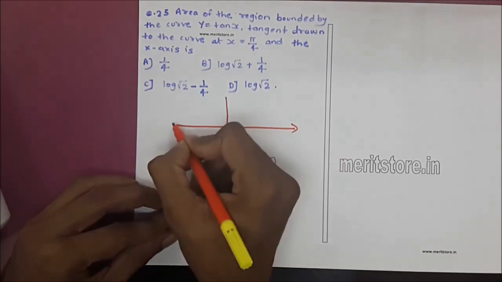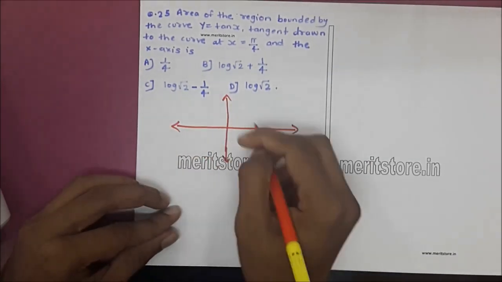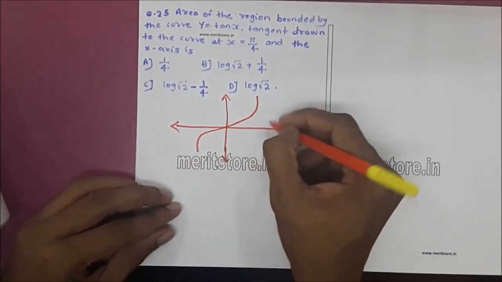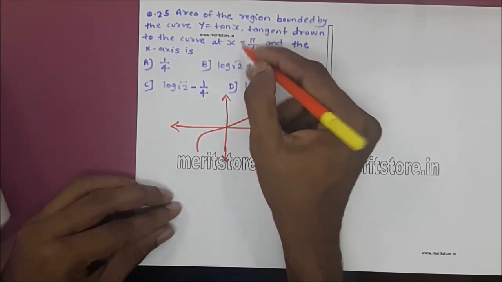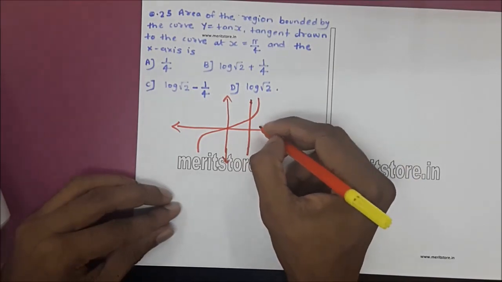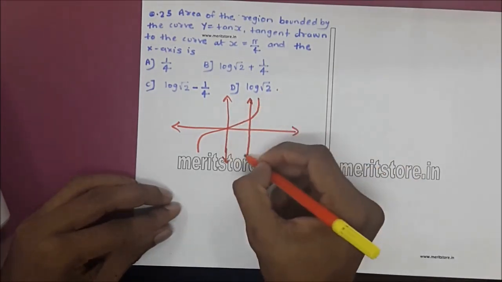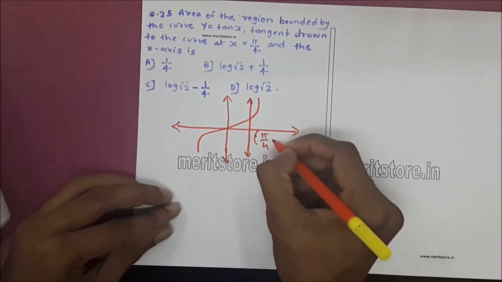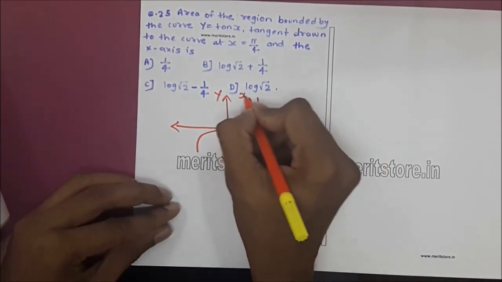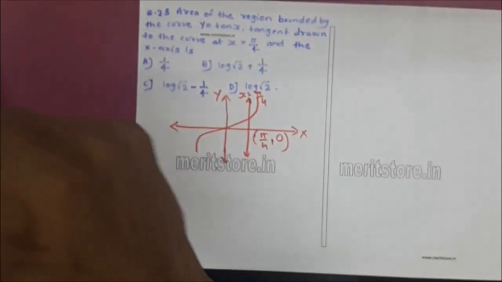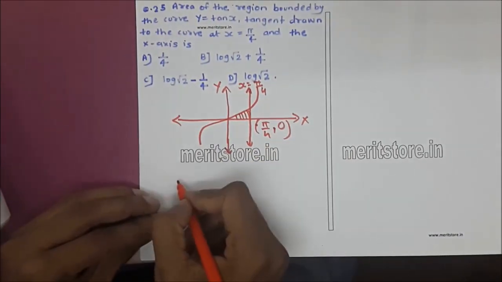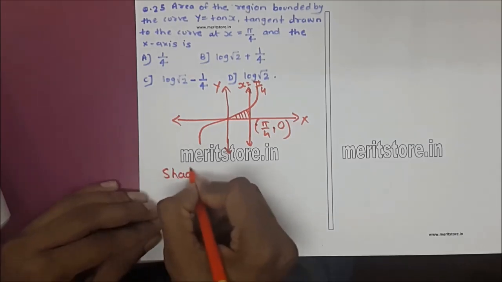curve for tan x, which passes through the origin, and the tangent which passes by the x-axis at pi by 4 will pass through this. That is pi by 4 comma 0, x is equal to pi by 4. So the area to be found is this part, which is limited under pi by 4. So the limit will be 0 to pi by 4. The shaded area